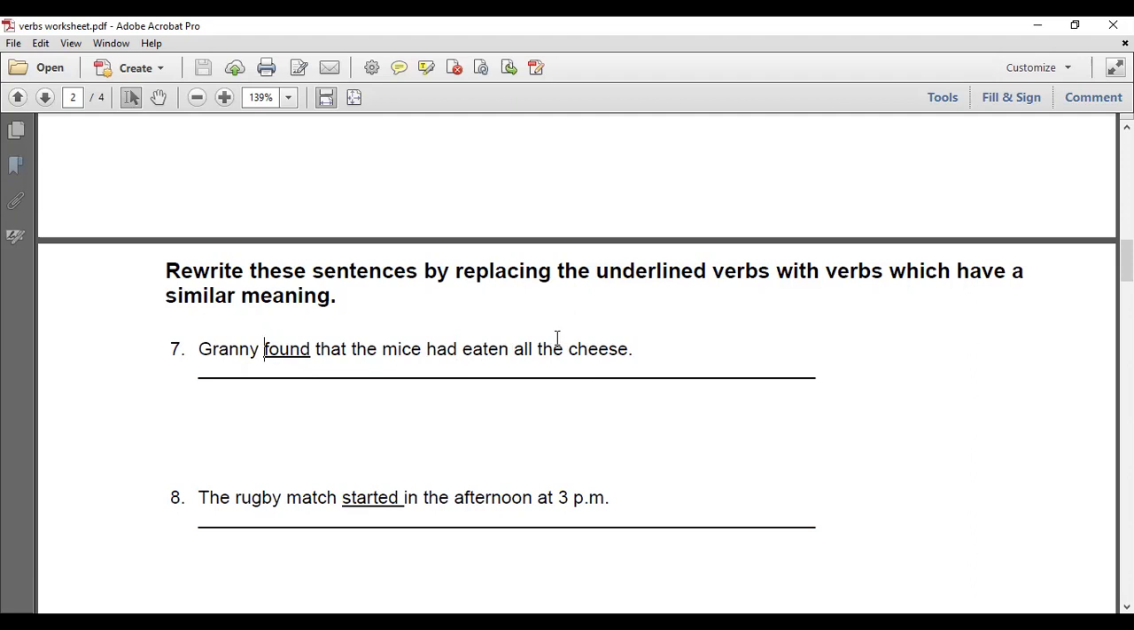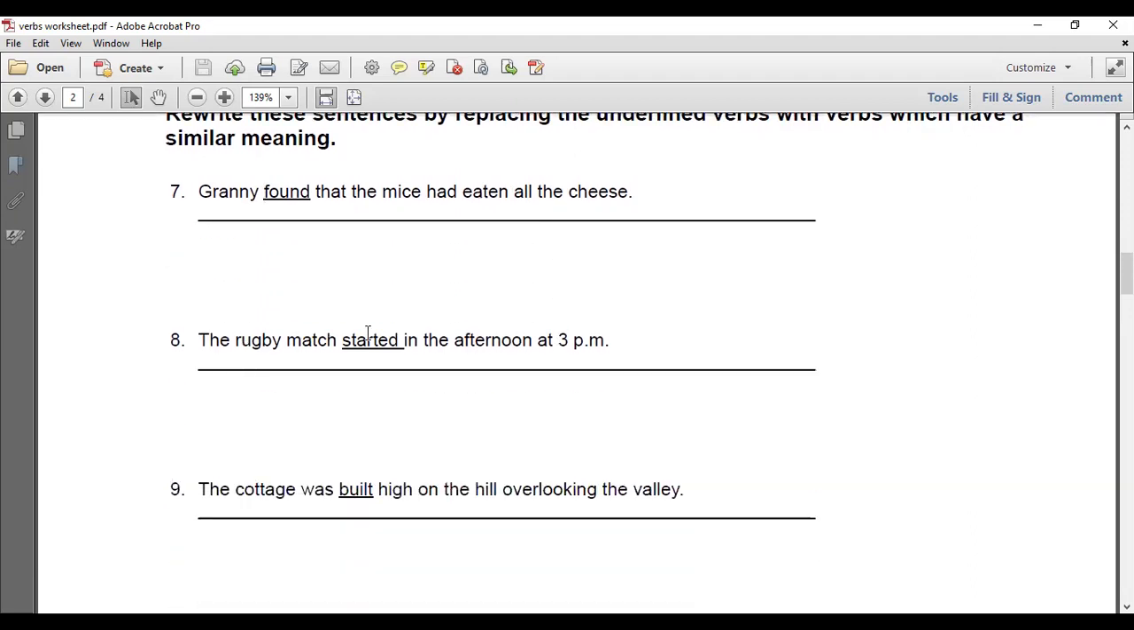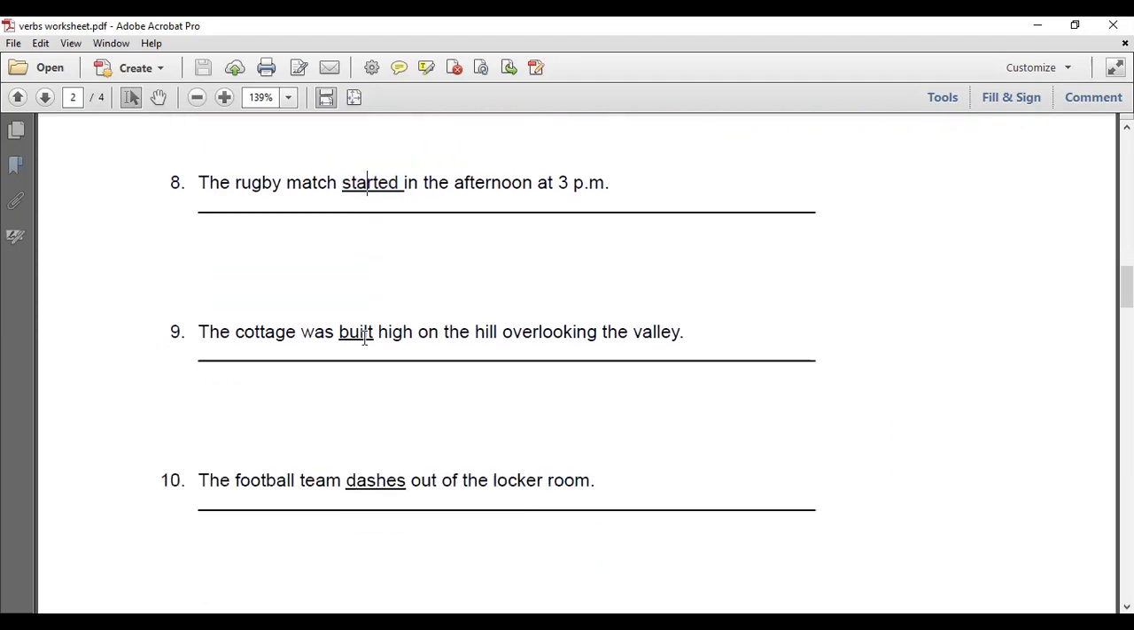Okay, students? Okay. The rugby match started in the afternoon at 3 p.m. Same sentence, change the word started, but another word with same meaning. Don't change the meaning of the sentence. Don't change it to the rugby match terminated or completed. No, I want the same meaning. Next,